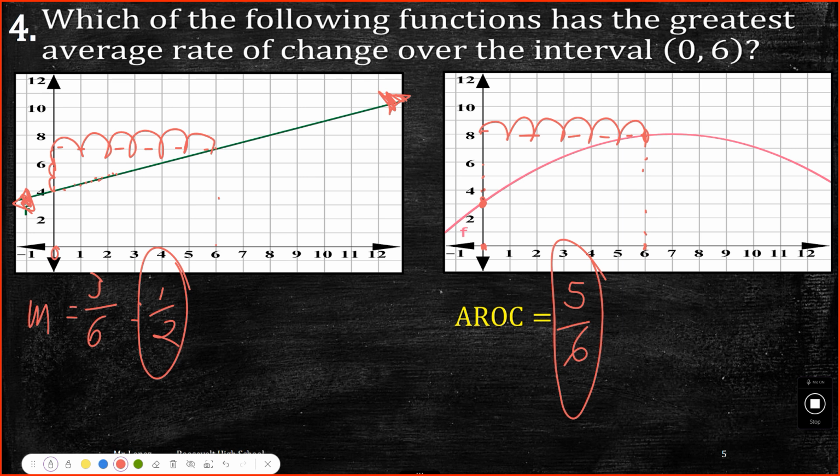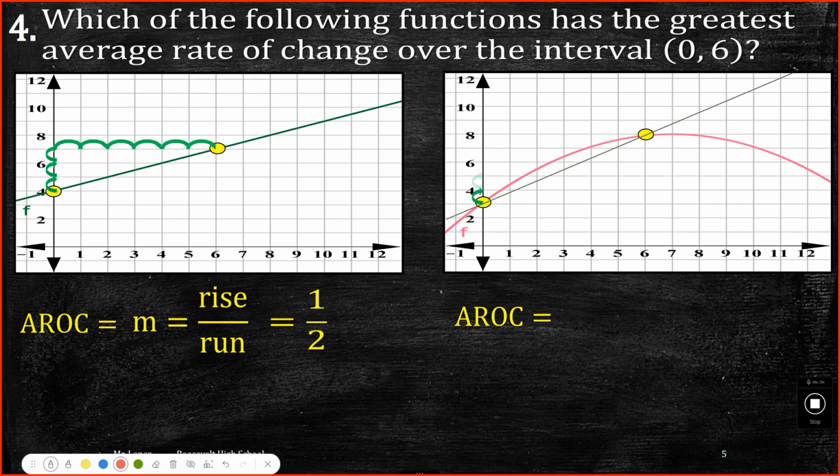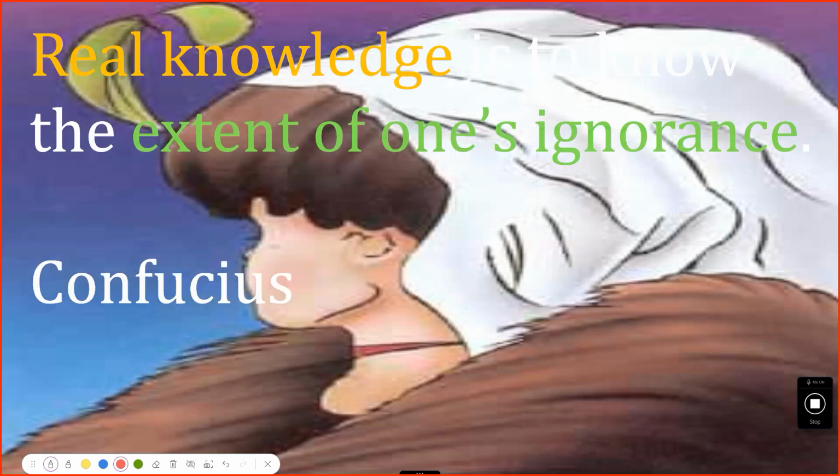So that one has a greater rate of change than this one. The steeper it is, the greater it is. So if this one is like this and this one is a little less, then that one has a greater rate of change. Okay, so I wasn't going to do this,